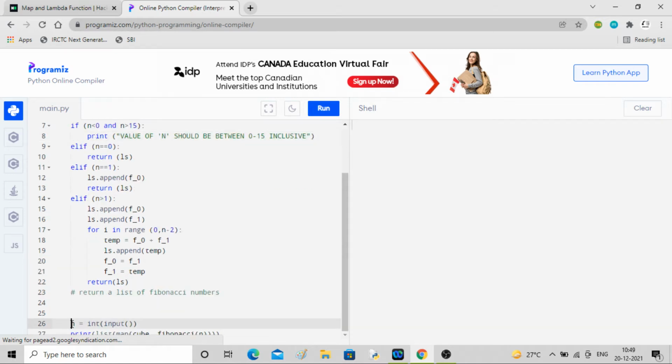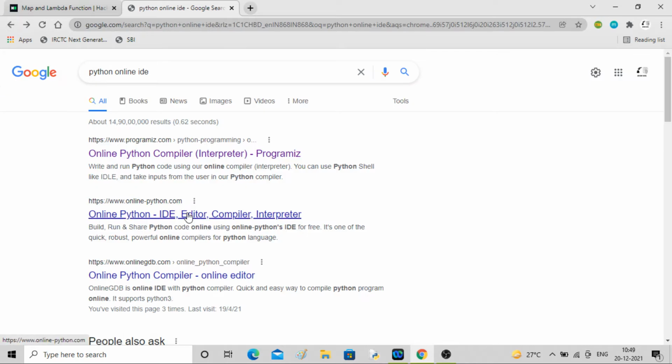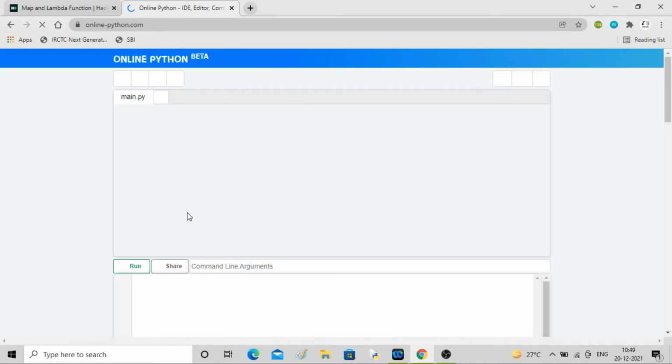Def is there. Let me write like this. It's not running here. Let me do it in some other IDE.